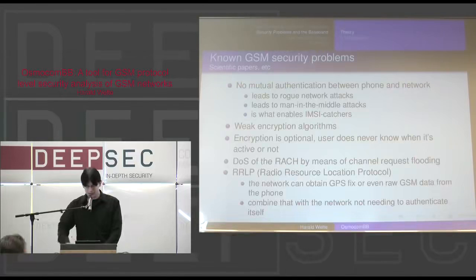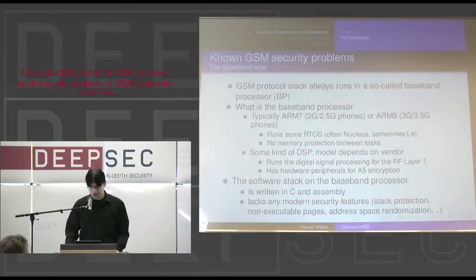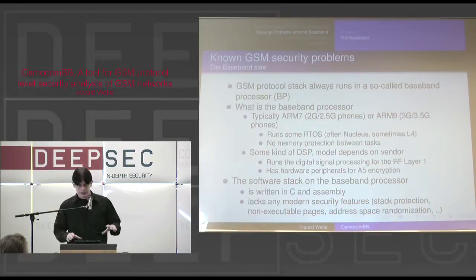This is conceptual security and privacy and confidentiality problems in the specification. There are more. Sylvain Munaut has just presented yesterday about the IMSI detach attack and other things. But what I want to talk about now is not so much the conceptual problems. Of course, you can also experiment with them, but implementation problems. Now, in order to understand what